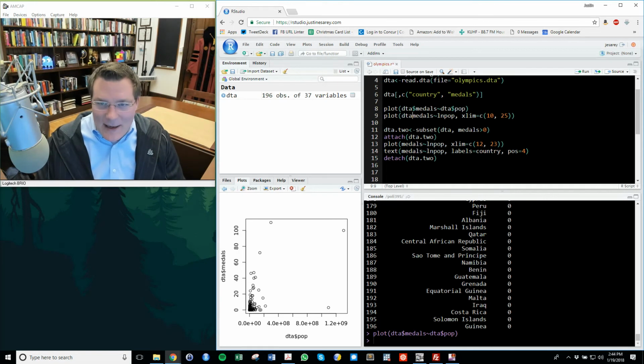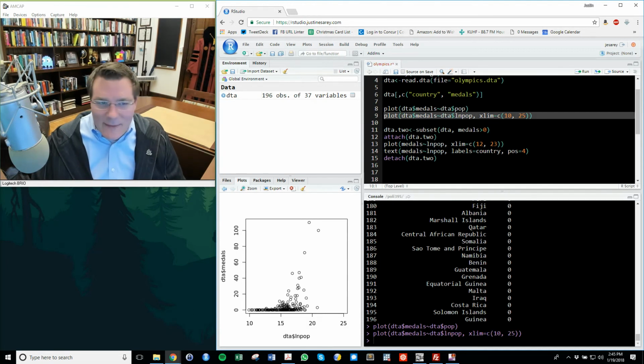But if instead I plot metals versus log population, I'm getting a little something more, right? So what I'm getting is the bigger countries do tend to have more metals, but the relationship is far from linear. It actually almost looks curvilinear, right? It's basically there's a sort of critical threshold size of population at which you can earn metals, and then all of a sudden you start earning metals. And from that point on, the relationship seems to be kind of noisy, but basically linear, maybe.